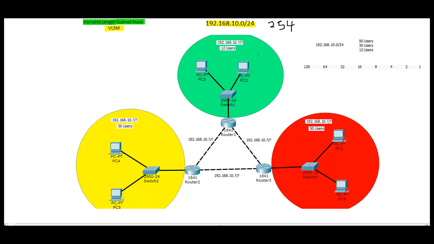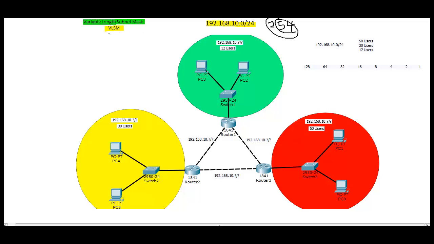Say for example here on the green network you're using a full subnet mask for Class C. That will provide you with 254 IP addresses or hosts, even though you might need way less than this amount of IP addresses, so this would be a waste of IP addresses. Okay, now